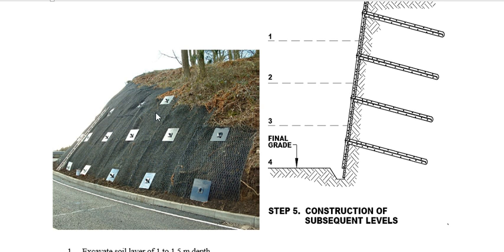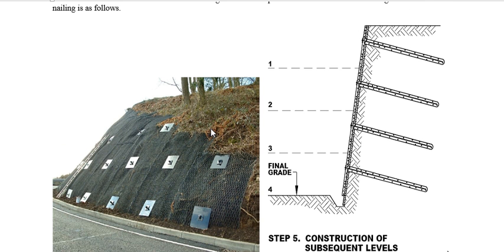So in order to prevent this, we try using soil nailing. We make this slope stable. For that, first we have to excavate the soil 1 to 1.5 meters. Then using cement paste, we shotcrete this surface and provide a mesh on this surface. So this is the mesh here. Then, at some spacing, we provide soil nails here. The soil nails will be inserted into the ground perpendicular to this surface.